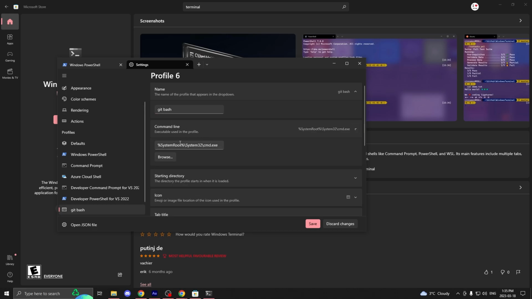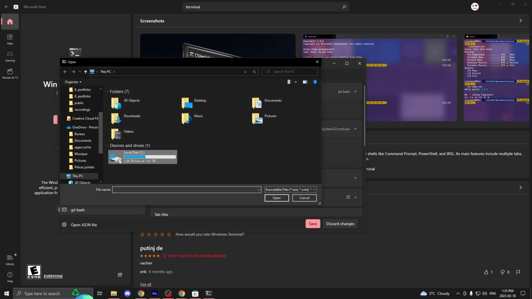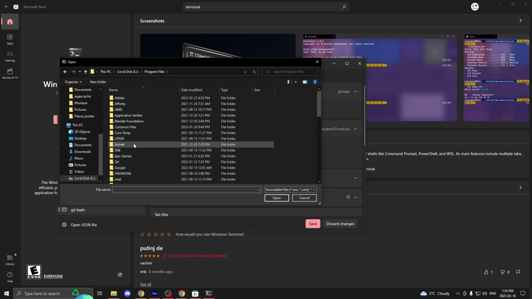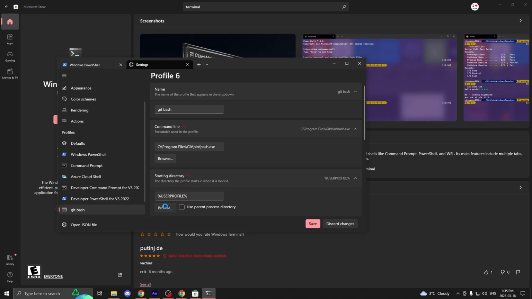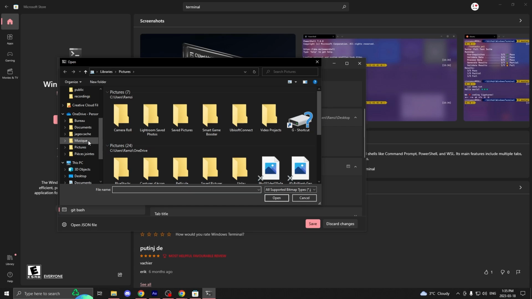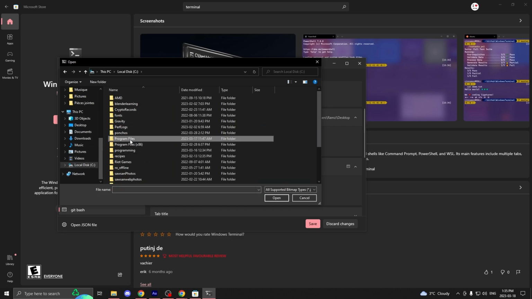On the Command Line tab, click on Browse, enter into your local disk, and open Program Files. Find the Git folder and open it. Open the bin folder and select Bash. Change the default directory to whatever you want. I'll select my desktop. For the icon, go back to the Git folder inside your program files, go in the